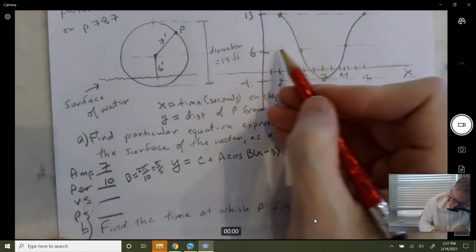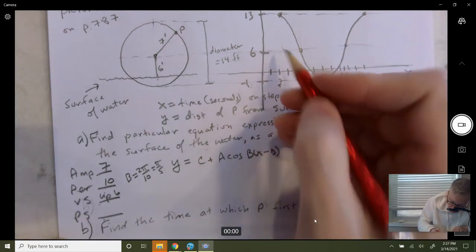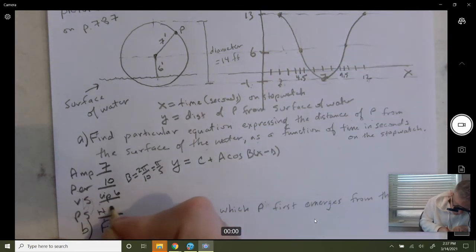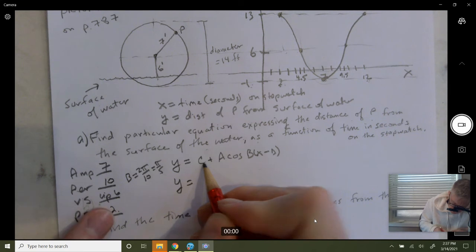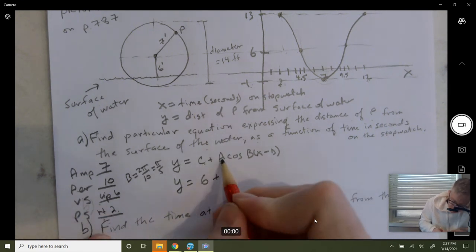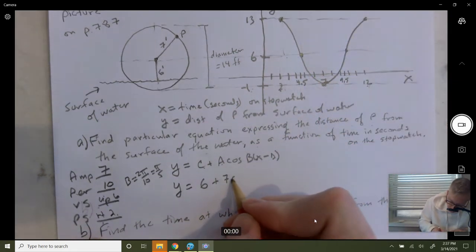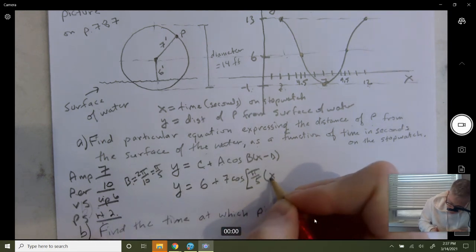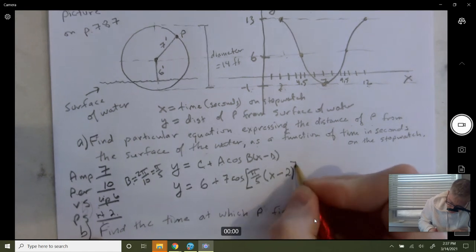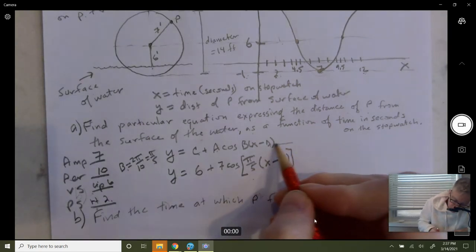Right. The vertical shift, that's where your wave axis is. So 6, up 6. Your phase shift or horizontal shift, we started 2 to the right, so that's going to be right 2. Okay, so our equation is y equals c, your vertical shift, so 6 plus a, your amplitude 7. That's going to be positive because it's a positive cosine graph. Cosine of your b value, pi over 5, times x minus your horizontal shift, x minus 2. Okay, so y equals 6 plus 7 cosine, pi over 5,